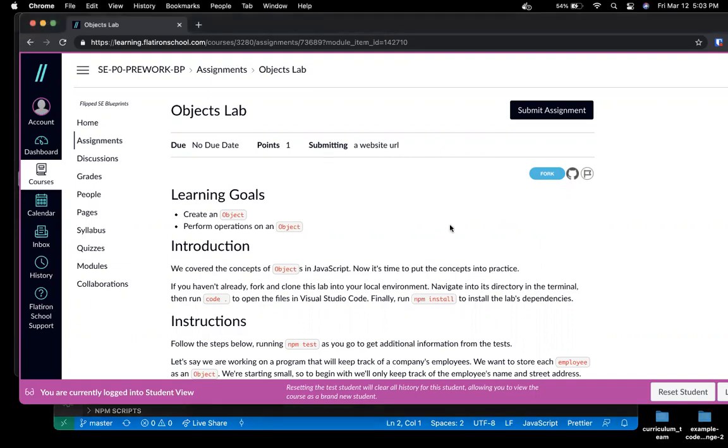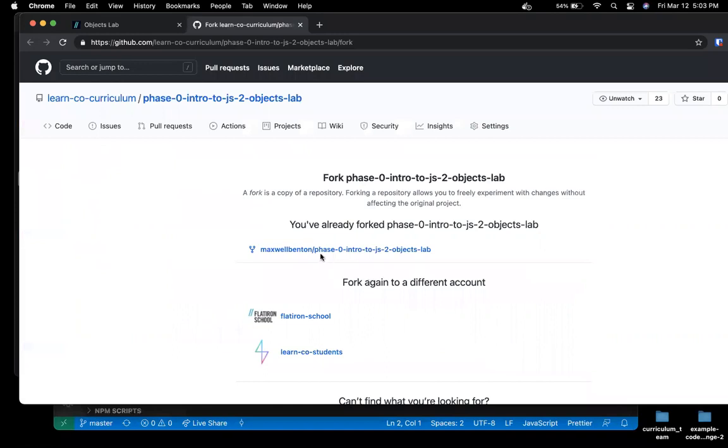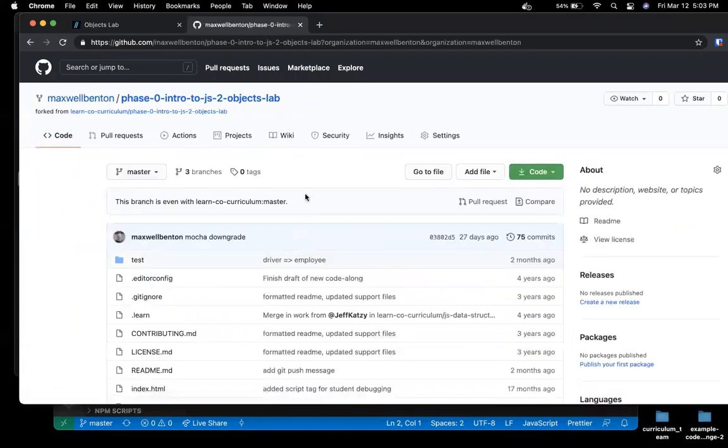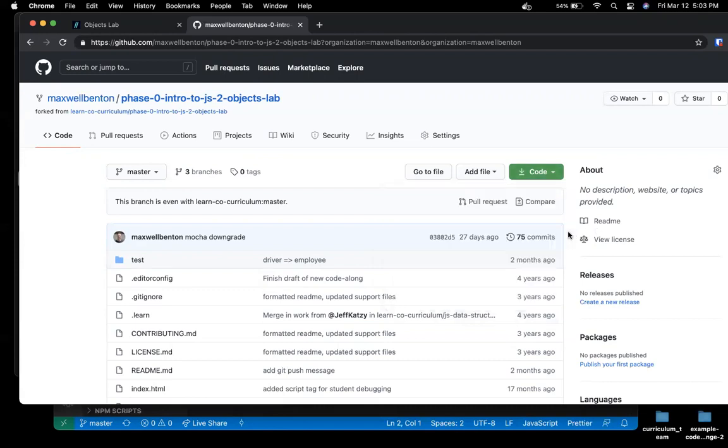So here I am on my Canvas. I'm going to go ahead and fork. I already forked this before, so it shows up here, but that's fine. I can just click that, and it goes right to it. So here I am on my own fork, and I'm going to clone it down, SSH, copy that,